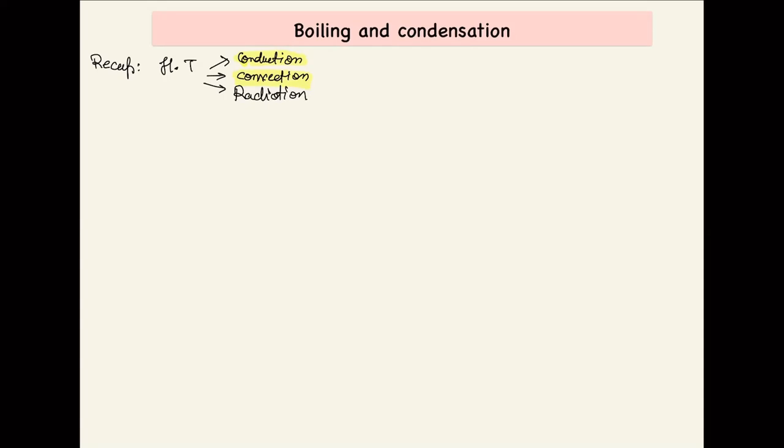We then extended this particular point, and then we went on to understand the design of heat exchangers, wherein we understood two types of heat exchangers in detail. First one was double pipe, and second one was shell and tube. Now, in all of these processes that we learned so far, we only had one single phase.